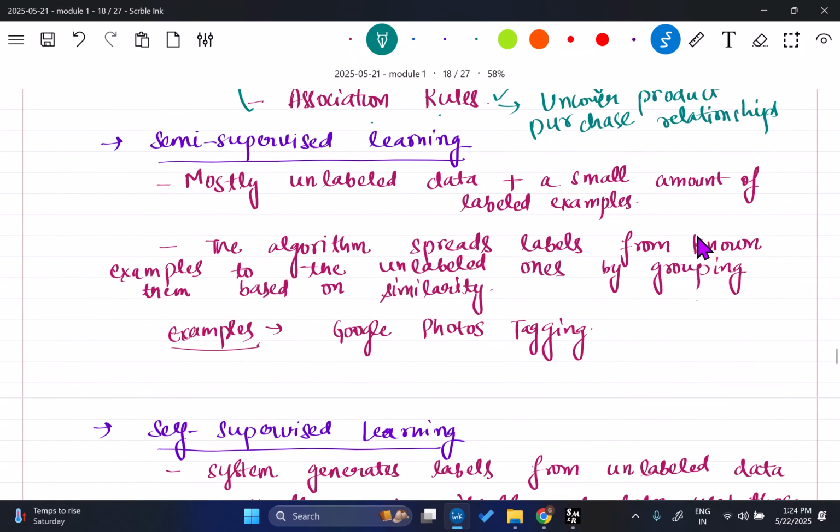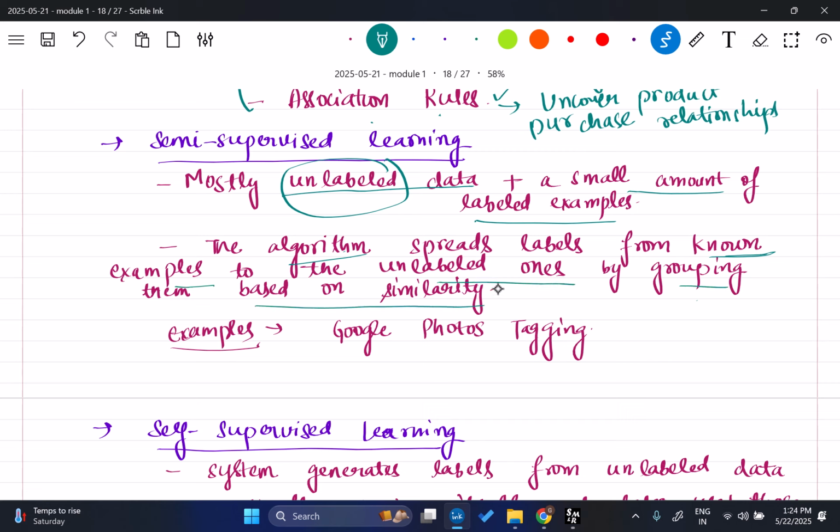So let's talk about semi supervised learning. Semi supervised learning is something like a combination of both supervised and unsupervised. Mostly the data is unlabeled, but you have some small amount of labeled examples which can be used to train the ML algorithm. So the algorithm spreads the labels from known examples to the unknown ones by grouping them based